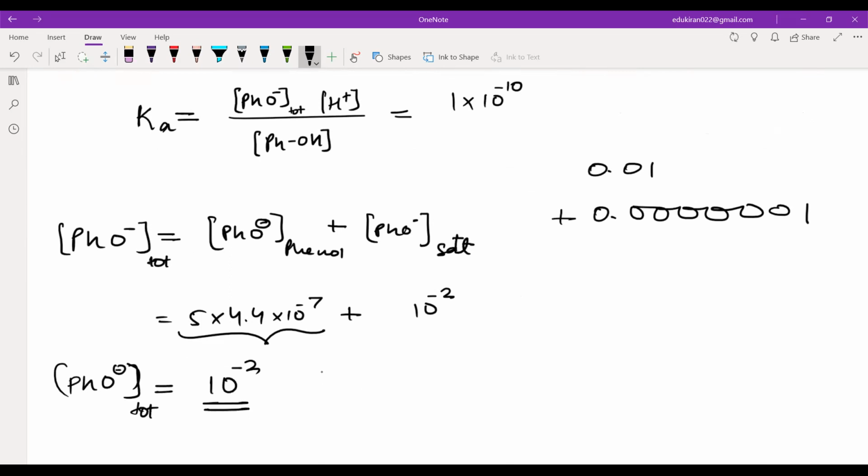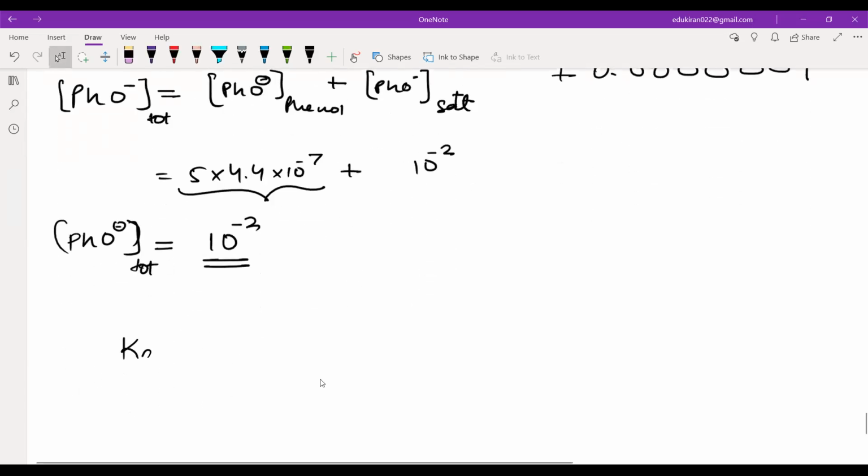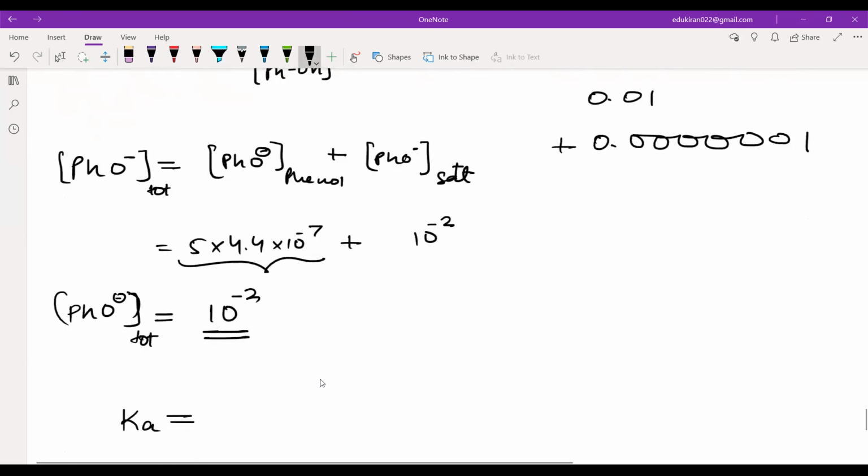Fine. Any problem, guys? No, sir. No problem. Because this is very small, I am neglecting it and it will be equal to 10 to the power minus 2. So we have got everything in Ka, which is equal to, first of all, the concentration of PhO negative. We have got this as 10 to the power minus 2, that is equal to 0.01,